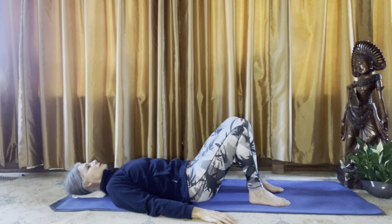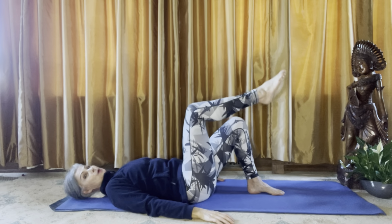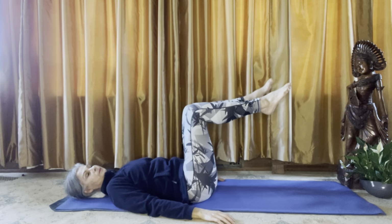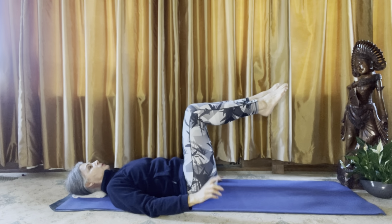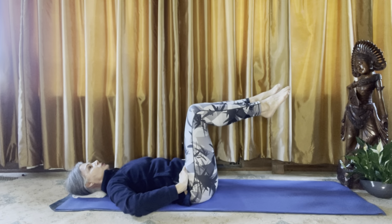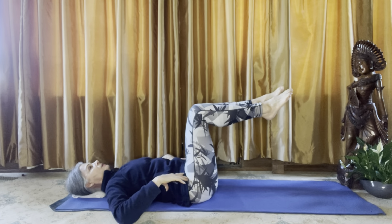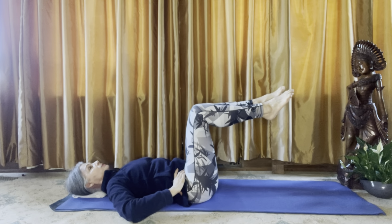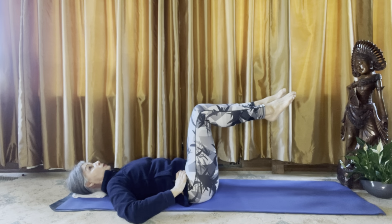Relax your hands down. I'm going to bring the knees up into tabletop. And we're going to do the same move that we did before when we were warming up. But this time I want you to really focus on your pelvis and your lower back. Feel where they are now. Keep them nice and still. You might like to rest your hands on your hip bones, just so you've got a focus of what you're